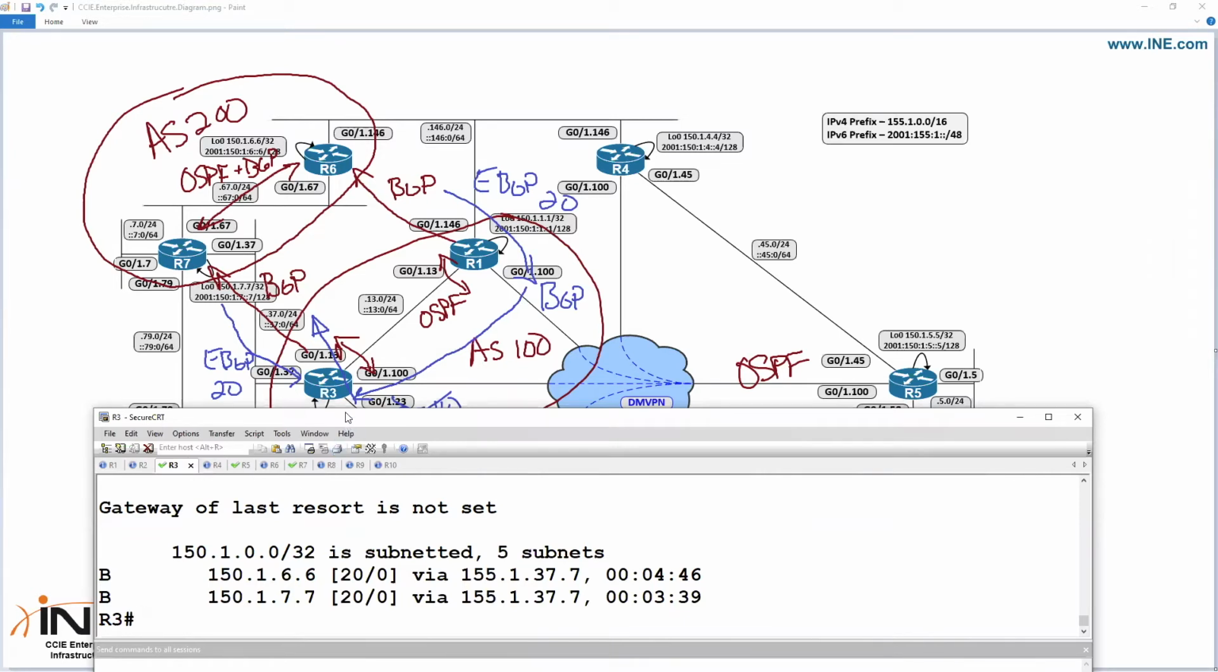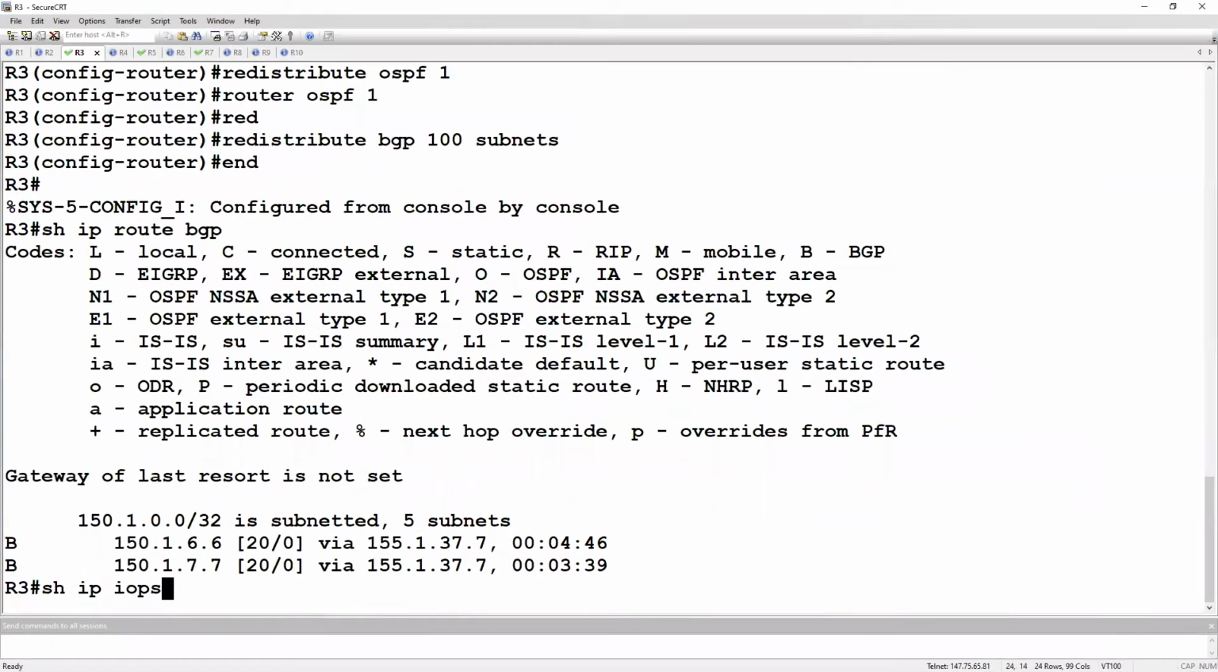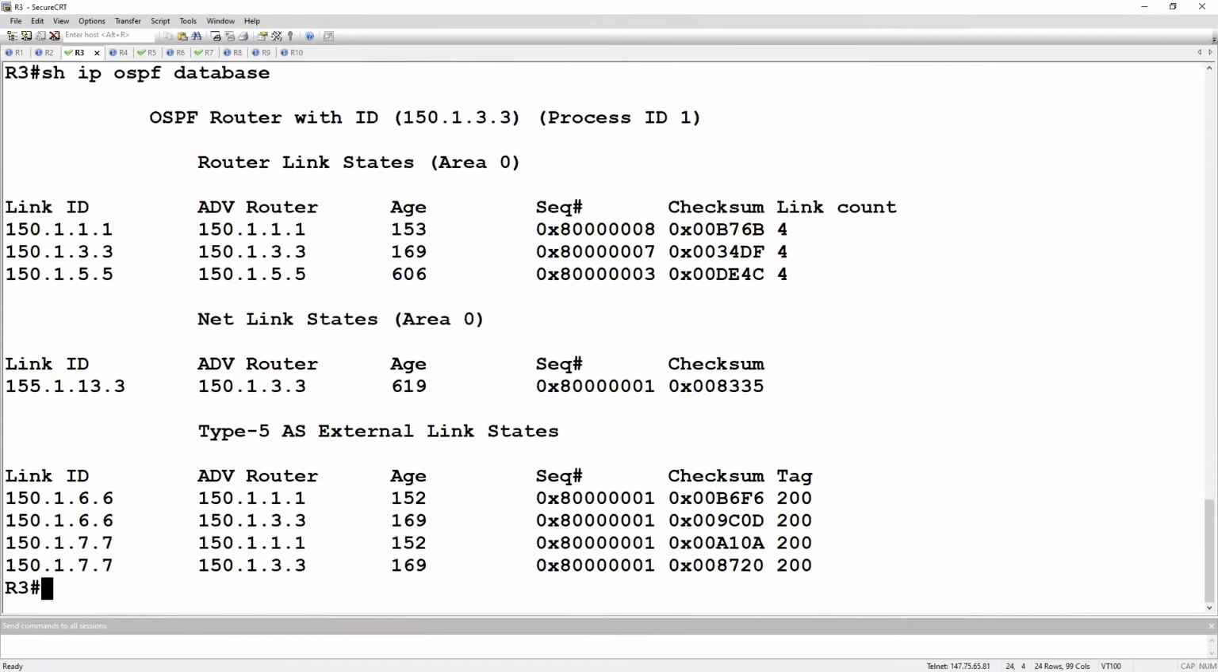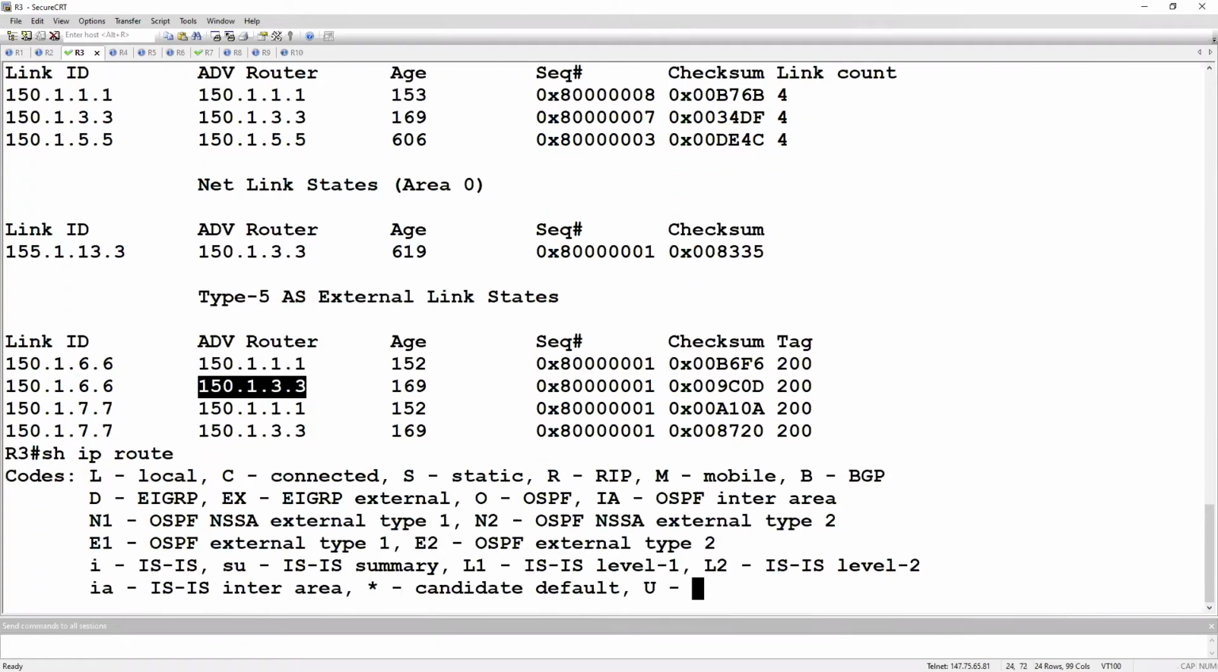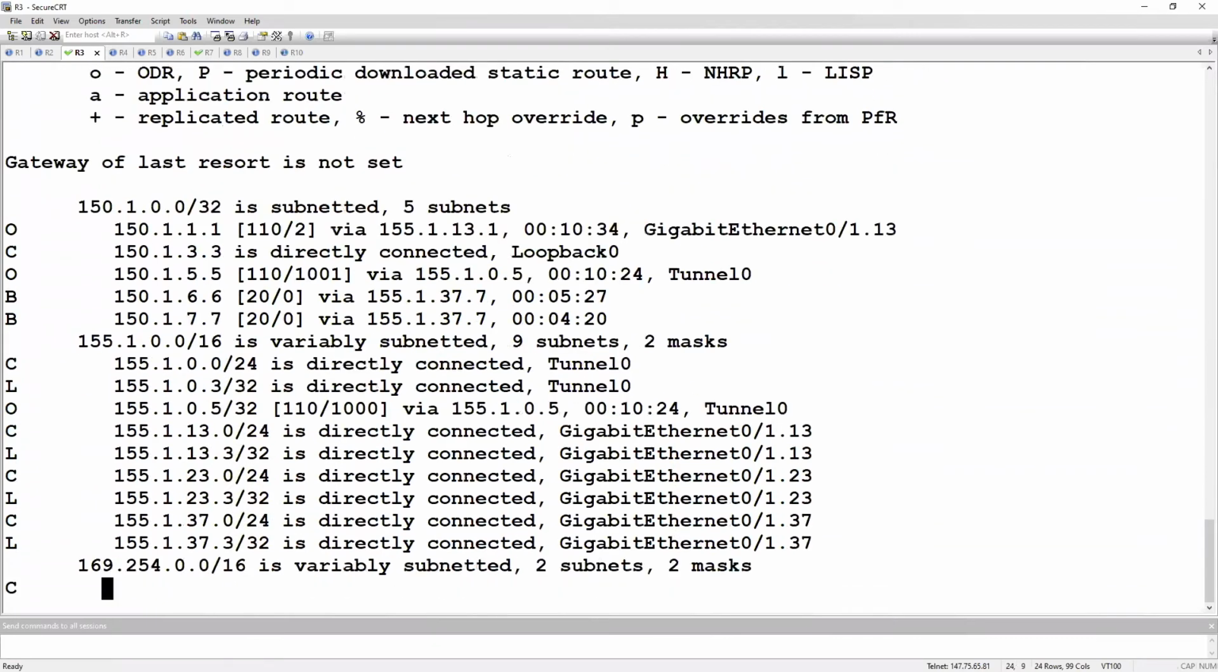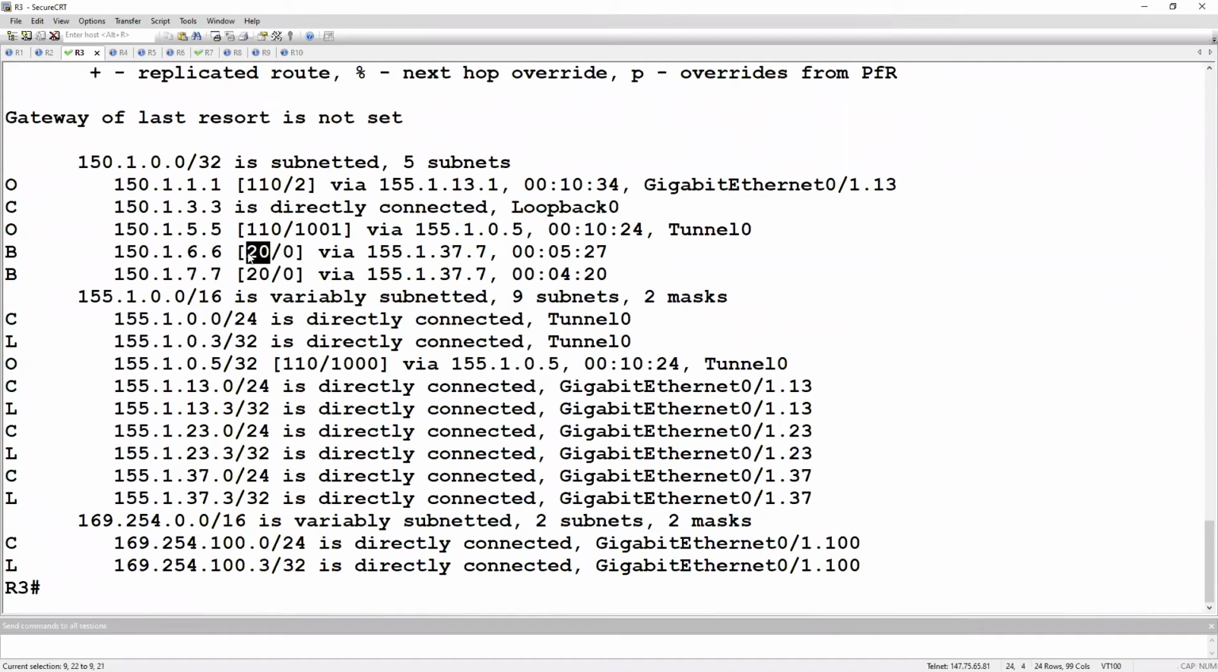If we look in the OSPF database, show IP OSPF database, and we look at the type 5 external link states, we can see that there are two advertising routers, 150.1.1.1 and 150.1.3.3, both doing the redistribution. But the issue is that these never make it from the OSPF database into the routing table because of the administrative distance, because 20 is lower than